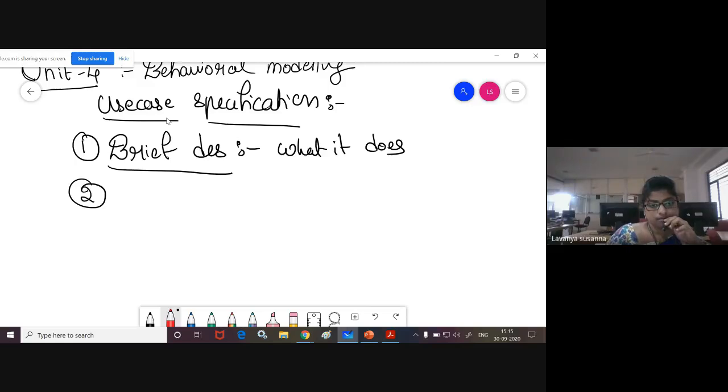Okay, see here. Actors. You need to identify the actors, right? Actors are nothing but those who are interacting with the system. It may be a person or it may be a system like a database. You are developing the system, right? Someone must use the system. Why are you developing the software system? For users to use the system, right?